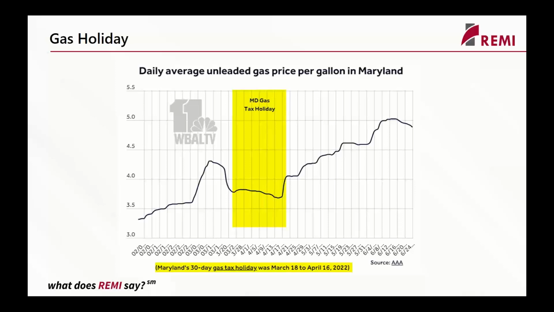You can see here, this is the average gas price over that period of time. A very obvious, pretty stark reduction in the price of gasoline, and after the resumption of the gas tax, sort of a continuation of a trend, perhaps not as steep as before, but that kind of matches other states' prices. The intention of the gas tax is basically just to serve as some kind of relief for